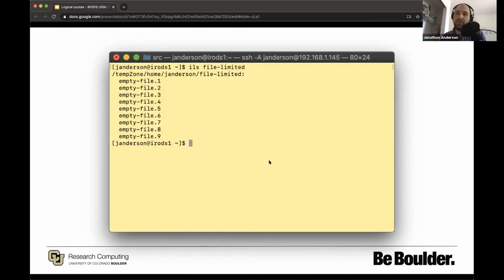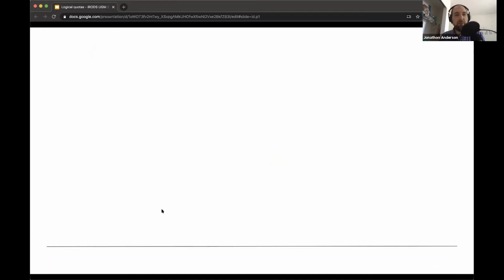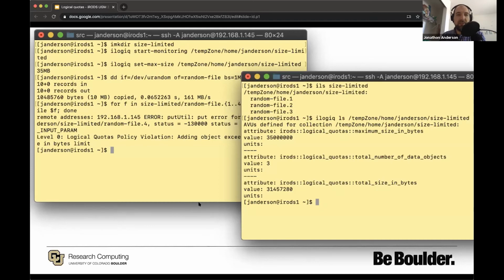So we tend to give out quota in this environment specifically with a defined ratio of space to number of files to try and encourage a certain average file size across an allocation. But the more interesting thing for most people is probably a size limit. So here's another directory where we define a size limit and we start monitoring it and set the max size